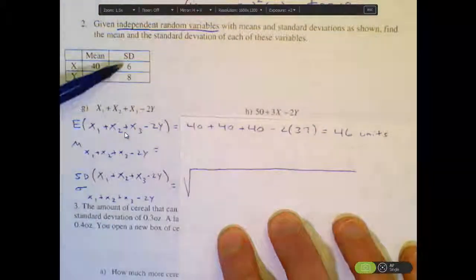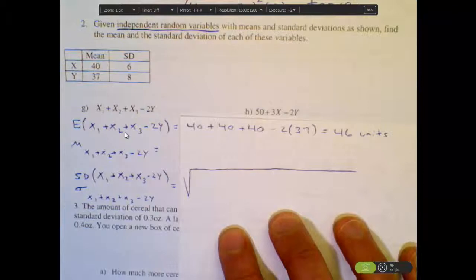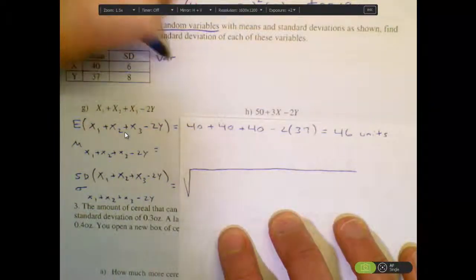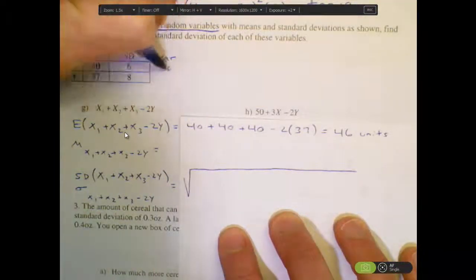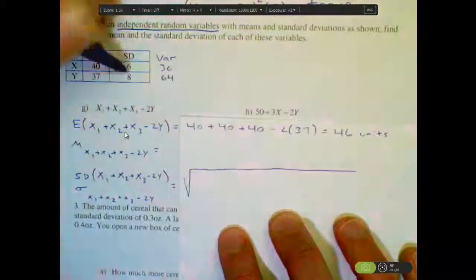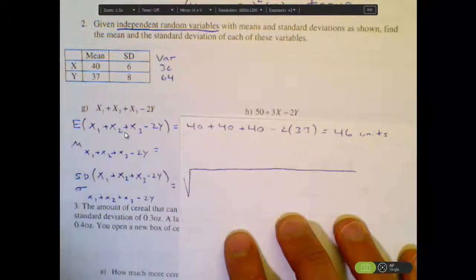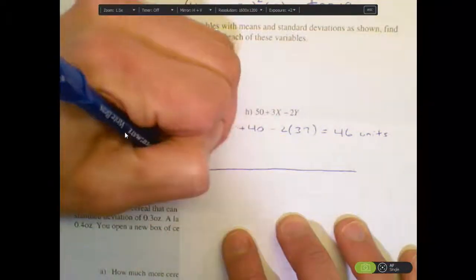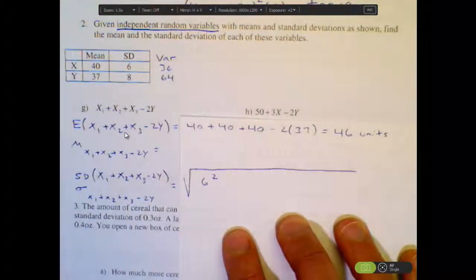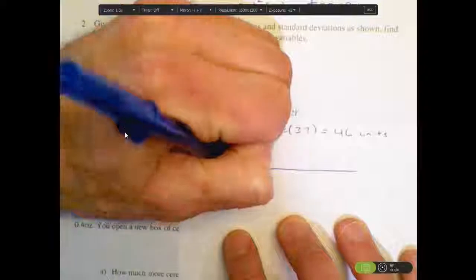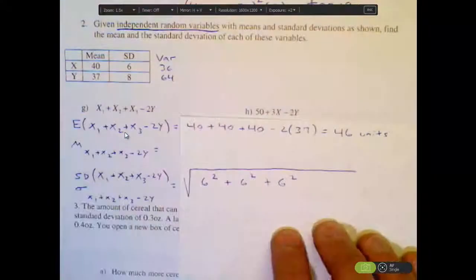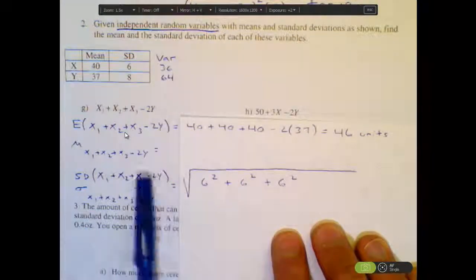if I'm given the standard deviation and I want the variance, I need to square these. I can choose to create a separate column and square that. 6 squared is 36. 8 squared is 64. Those would be the variances. So I'm adding the variance. Really what I'm doing here is taking 6 squared, that's the variance of this random variable, plus 6 squared, that's the variance of this random variable, plus another 6 squared. I'm always adding